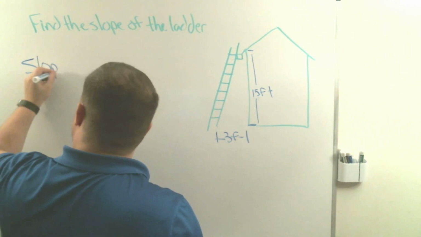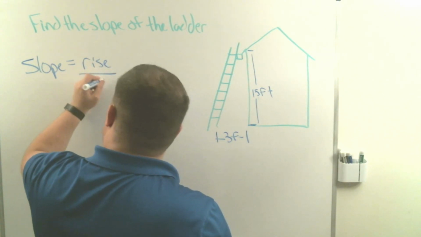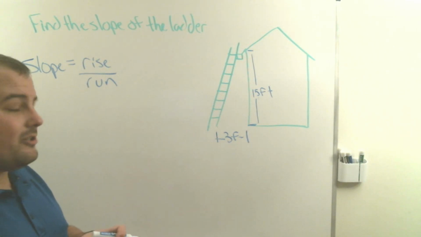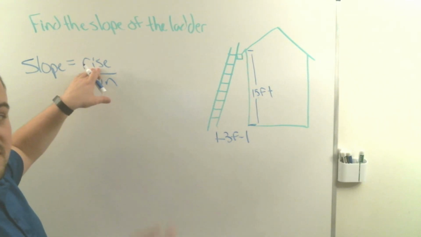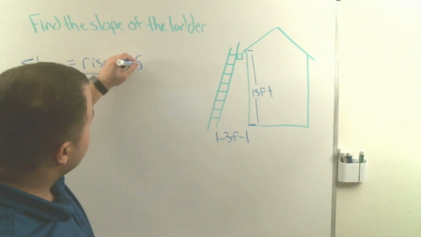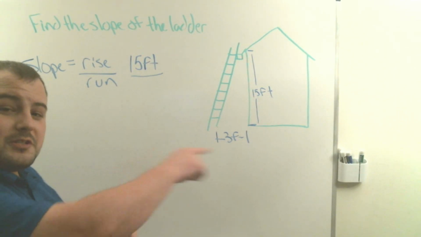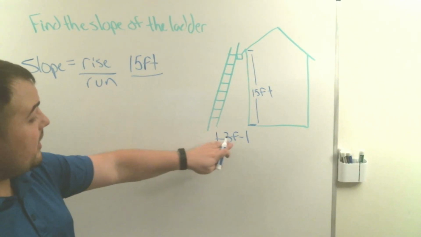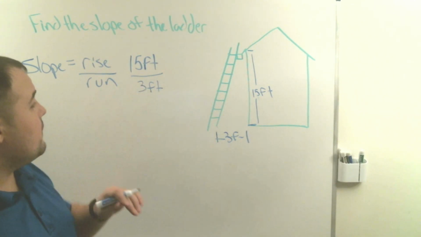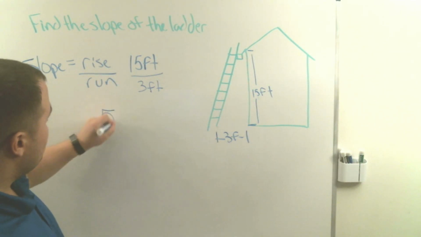So we need to remember that slope is equal to our rise over our run. So if we wanted to figure out the slope of this ladder, we're going to figure out how much up the ladder goes first. And if we look at that, the ladder goes 15 feet up over how much horizontal change it has. Well, it has 3 feet of horizontal change. So it's 15 over 3. And if we take 15 divided by 3, we get 5 feet